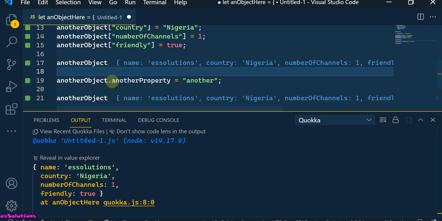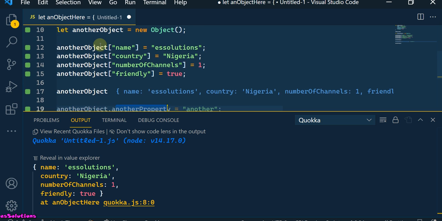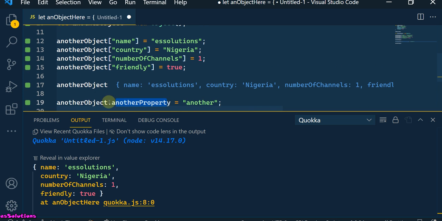So you can use these dots, and then whatever you want the property to be. What JavaScript will do is automatically add that value there. So for instance, you see another property wasn't here, but we just used the dot notation and it adds it